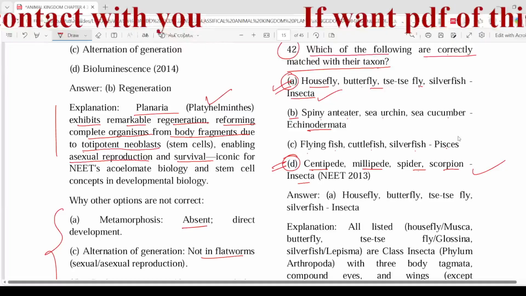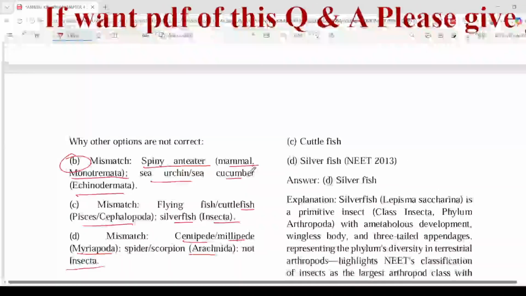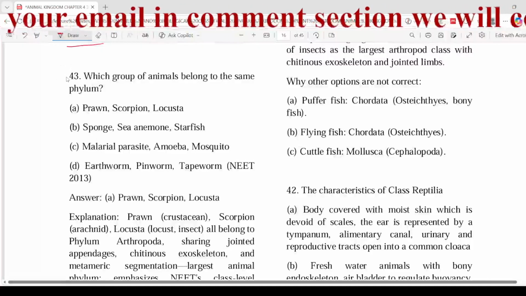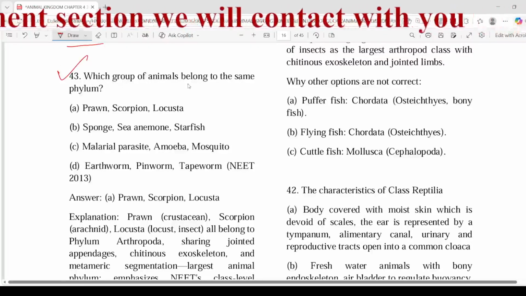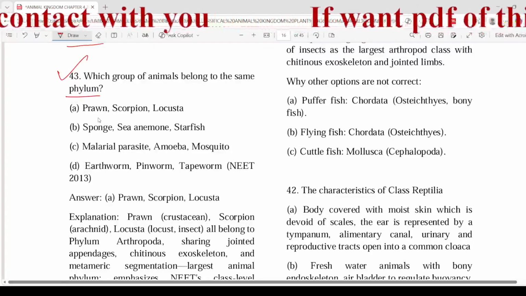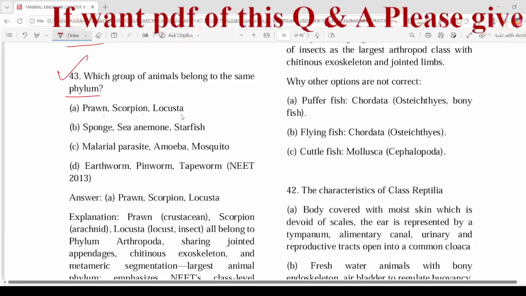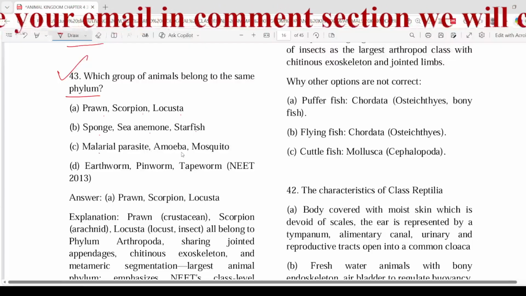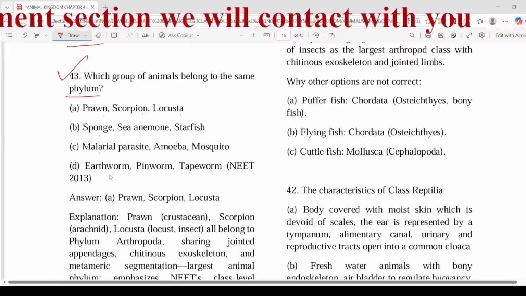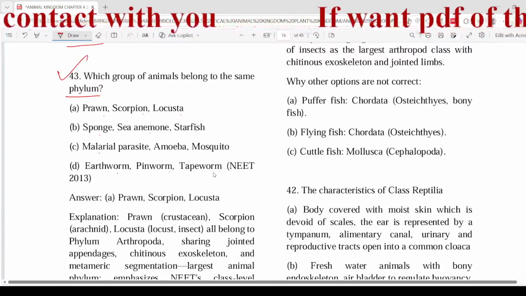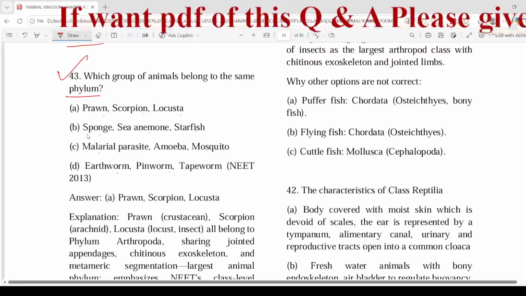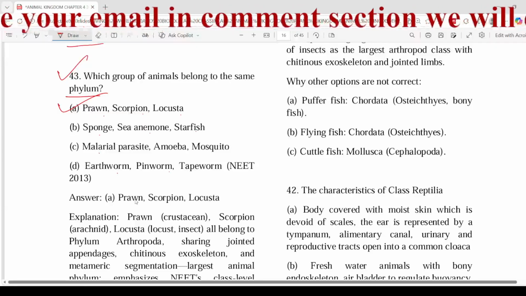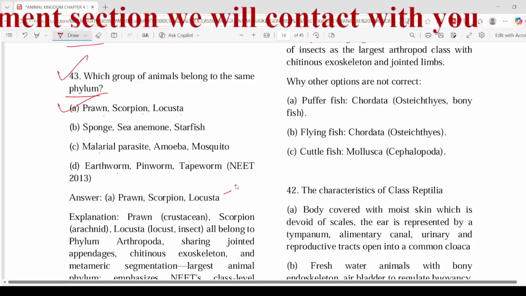So this is the explanation. Let's move to the next question. Which group of animals belongs to the same phylum? Option A: prawn, scorpion, locust. Option B: sponge, sea anemone, starfish. Option C: malaria parasites, amoeba, mosquito. Option D: earthworm, pinworm, and tapeworm. So the correct answer will be option A, because all belong to the phylum